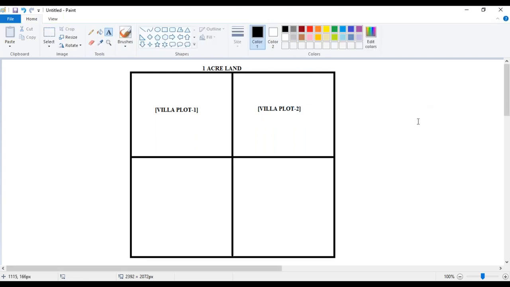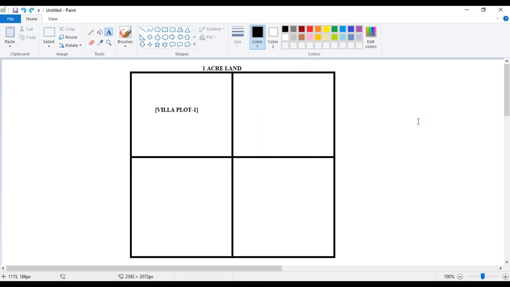Now here is the problem. The prospective buyers who come here, initially you thought you were going to sell villa plots. Then after a few days you identified this is a mistake, because the prospective buyers coming inside are not asking for a villa plot. They're asking, I require a 1 BHK, I want to build a house of 2 BHK, maybe a small 3 BHK. So later you realized this business is not going well, so you need to do something else.